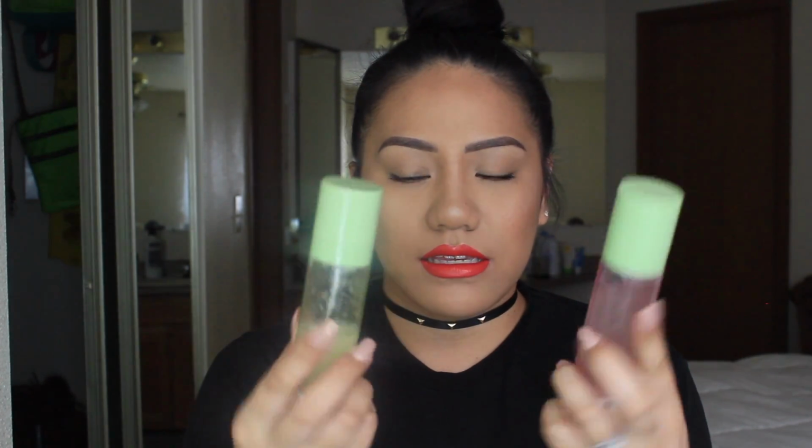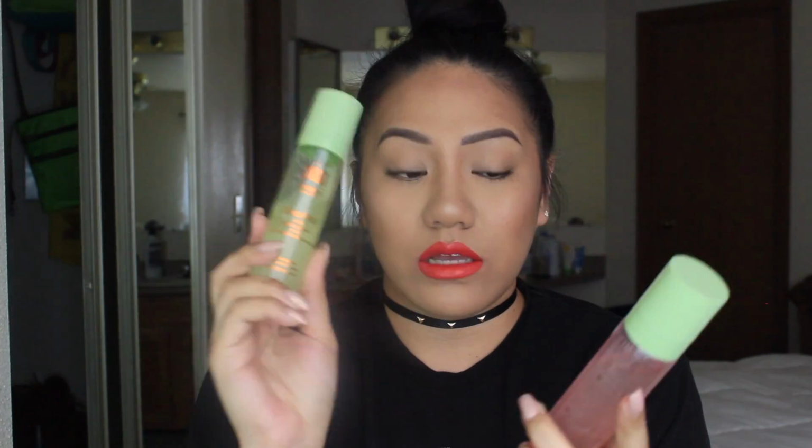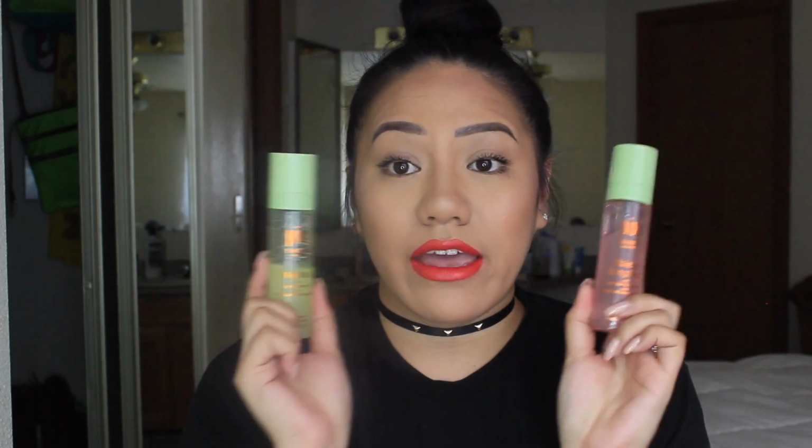So my next favorite I want to talk about are these Pixi mists, and I have the glow mist and the makeup fixing mist. I love these. I always use this before I apply my makeup, and I feel like it makes my makeup look more natural. It doesn't make it look cakey. As you can see, I'm like halfway done, and I've only had it probably for like a couple months, and I love it. This one, I do use it. I don't use it as often as I should. I mean, I didn't use it for today's makeup, so